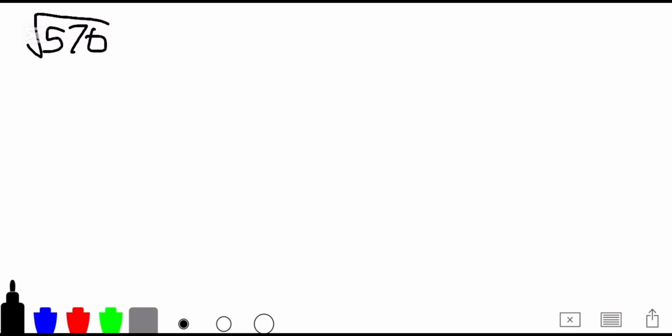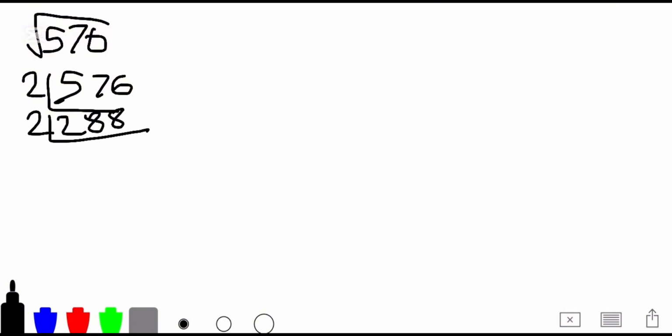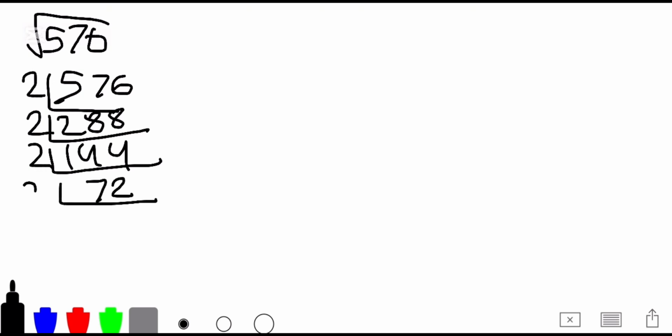I'll give you one more. Let's find the square root of 576 without using a calculator. So first, we want to use prime factorization to find the prime factors of this number. So we can put it into the upside down division symbol, factor out a 2. We see this is even, so we can factor out another 2. Once again, another 2. Keep on doing it until we get the prime factor,